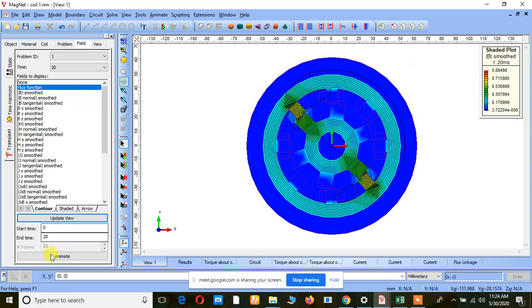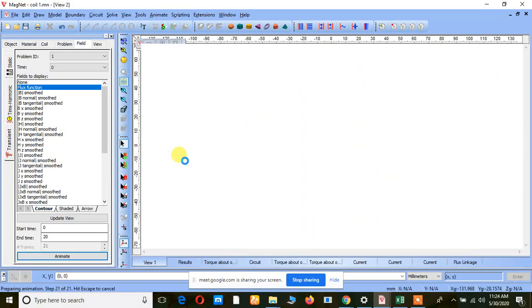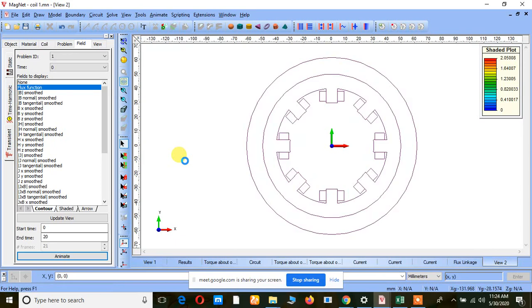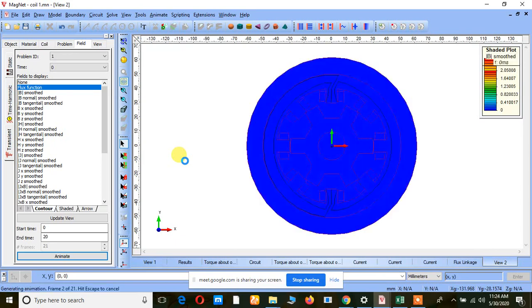Now, just go for the animate option, such that we can see the flux path, right? So when it is turning on and when it is turning off, right? See here. Initially, what happens? This is the phase which is excited, right?